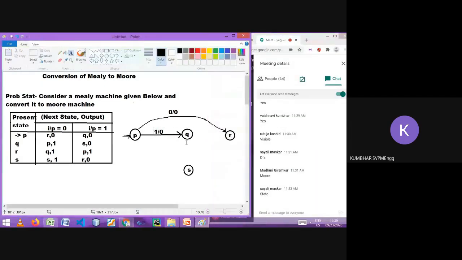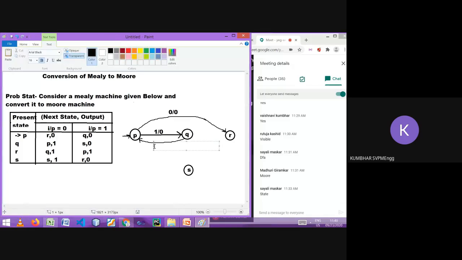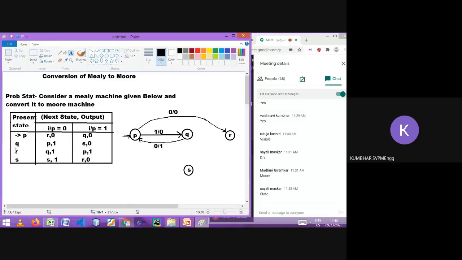Then the next state is Q. On 0 it goes to P. So I should show it: input is 0 and output is 1. Correct? Next, Q on 1 goes to S with output 0. So from Q it goes to S, input is 1 and output is 0.